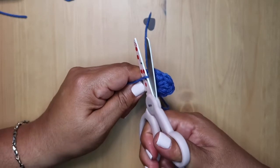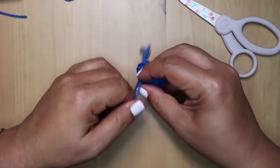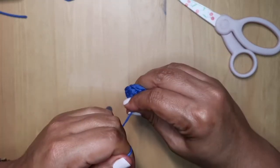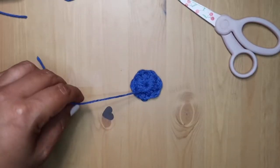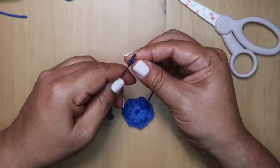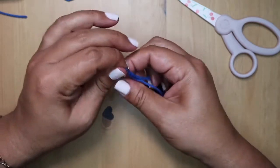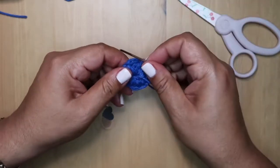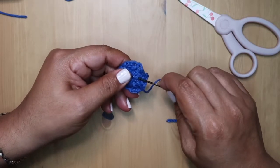So this is the first time I'm going to show you how to fasten off your yarn in this project, okay? And then this one, you just pull and pull till it's tight. This is the magic circle one, remember? So then you do the same thing. You just go one way,